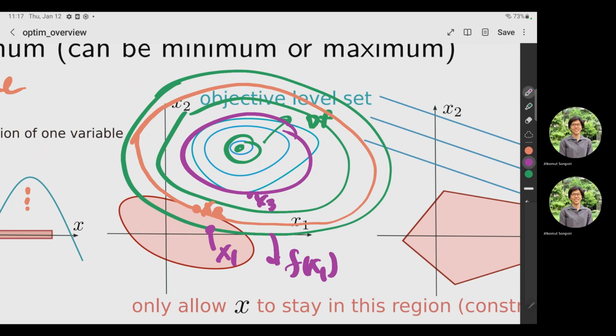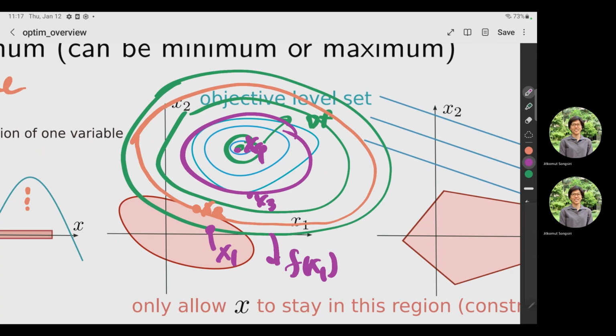Why don't I use x3? Some may say, oh, why don't I use x4? Because the points x3 and x4 do not lie on the constraint. So you violate the conditions that are supposed to be required. Okay? In short, graphically, if you're given an objective function and a constraint set, if you draw it